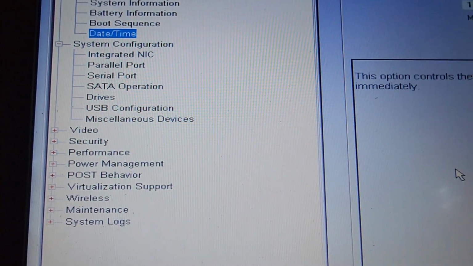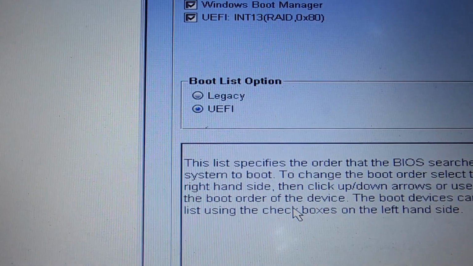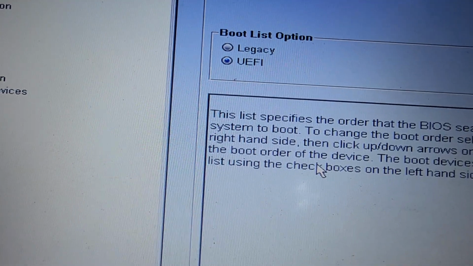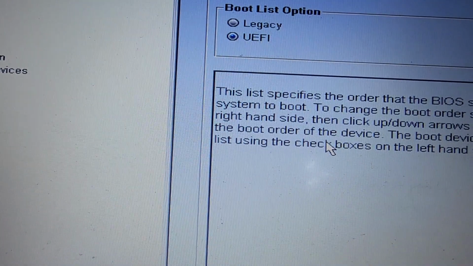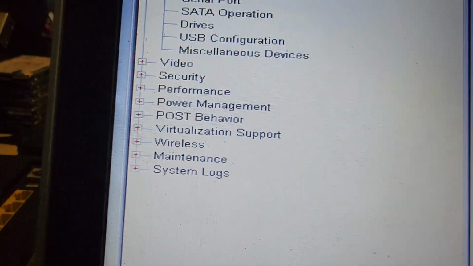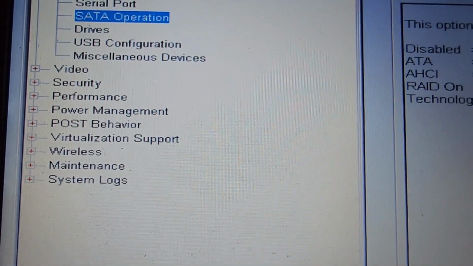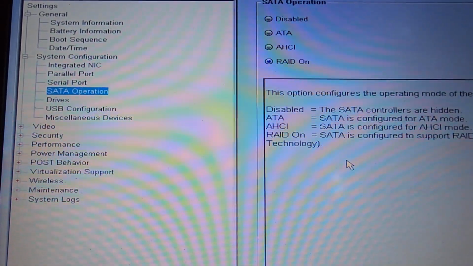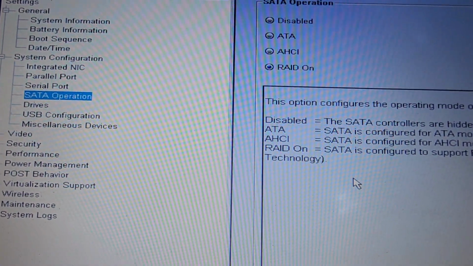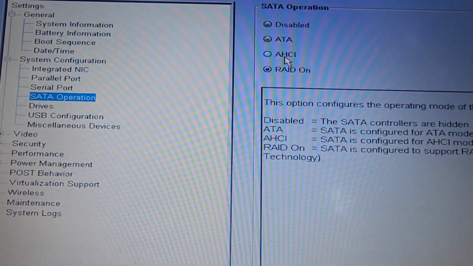and go down. First of all, you have to check the boot sequence here. If you installed Windows on legacy boot, you have to set it to legacy boot. If you installed Windows on UEFI boot, you have to tick UEFI boot. Now I'm going to the SATA option. You can see the SATA option, and here you can see RAID. Or if you installed Windows on this option, okay, if you install the